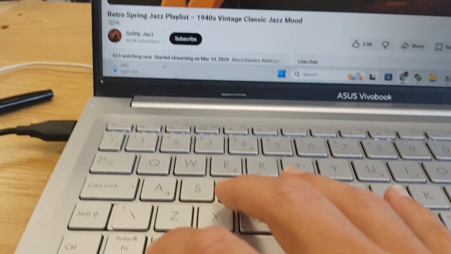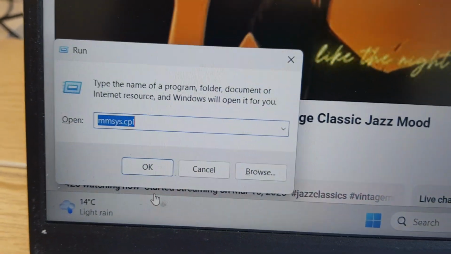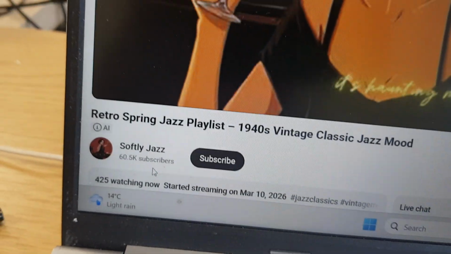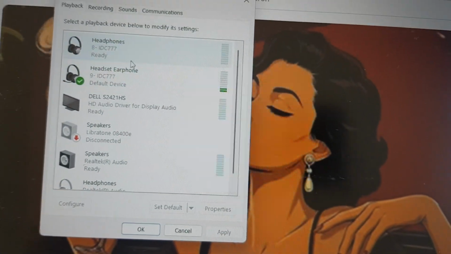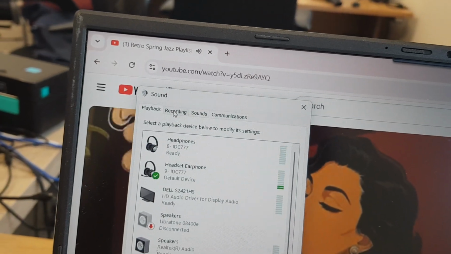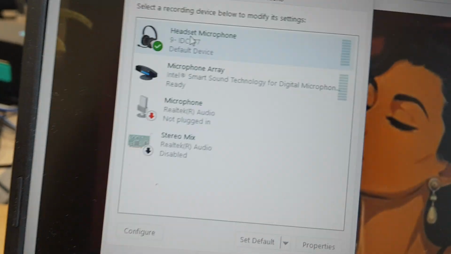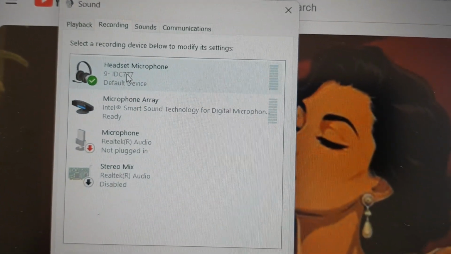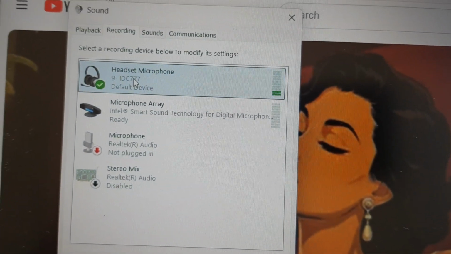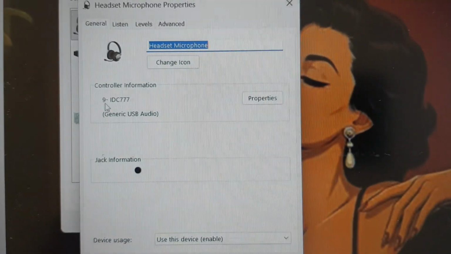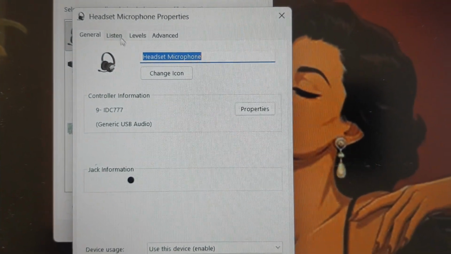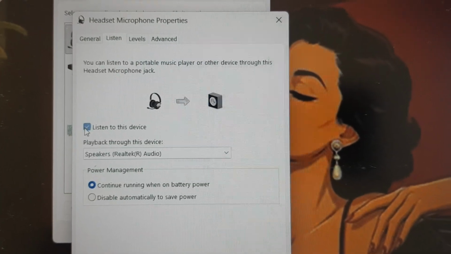Similarly, I do the Control R command, and this is a way to test it. What I do is I go to recording, and I can see there's audio coming in here. So I can go to properties, go to listen, and I say listen to device,